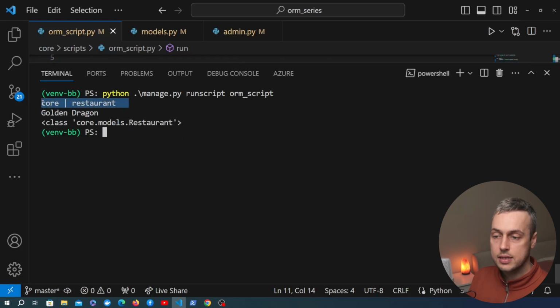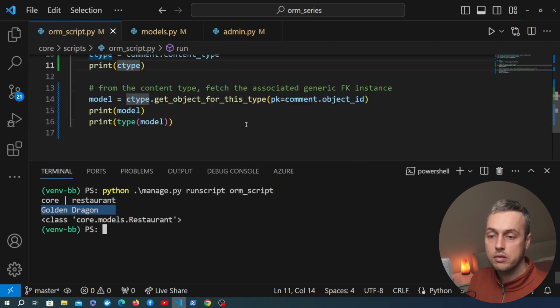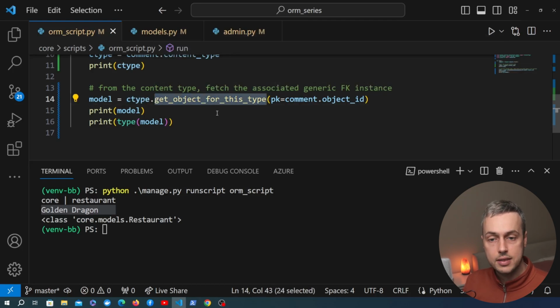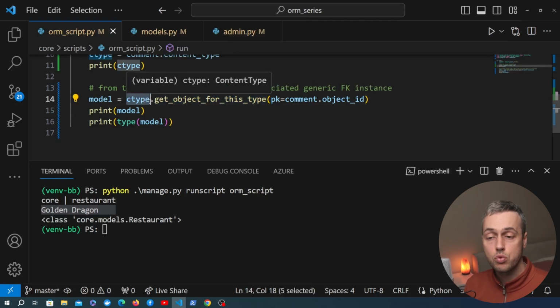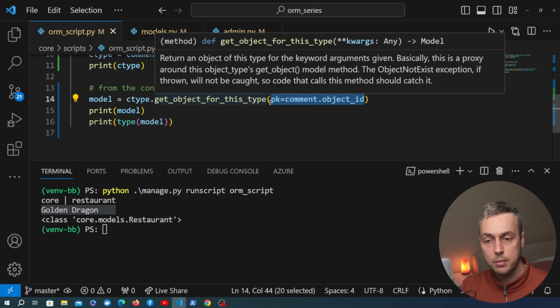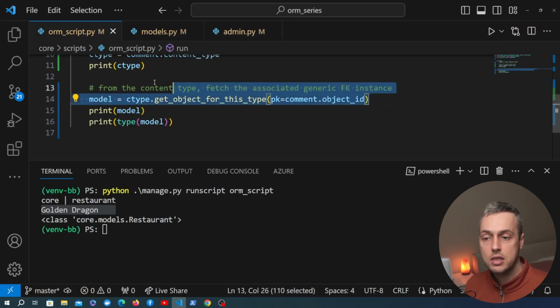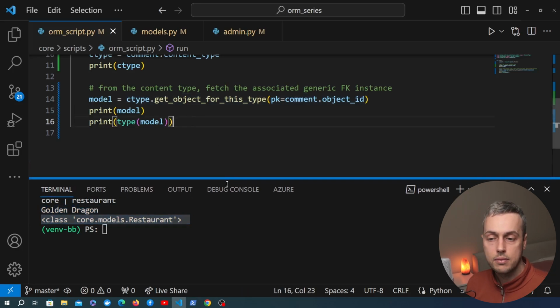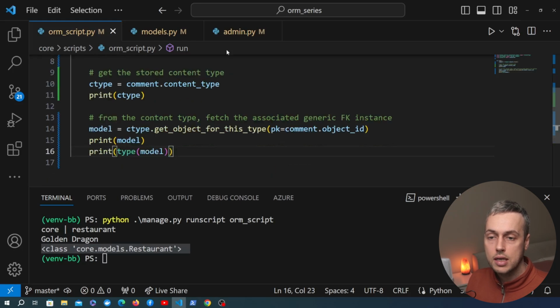First of all, we get the content type printed out, and then we get the actual instance printed out, and that instance is coming from this function here. We take the content type, we look up the object for that type, and remember the content type represents the restaurant model in this case, so the lookup parameters that we pass in here are actually going to be passed into the restaurant lookup. And that's going to give us back a single instance of the restaurant model, and that's what we see here in this output. And we also get the type here, and we can see it's an instance of the restaurant model. So that is the code that's run behind the scenes in Django,